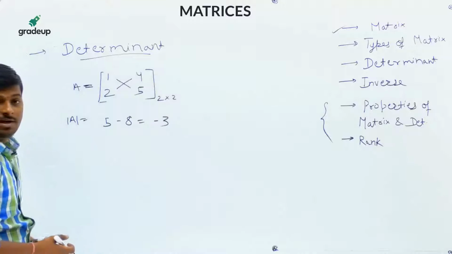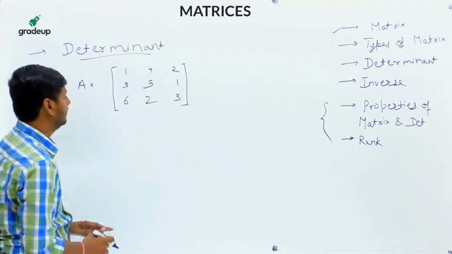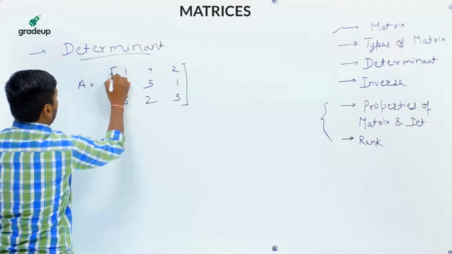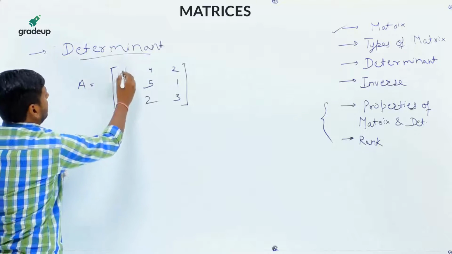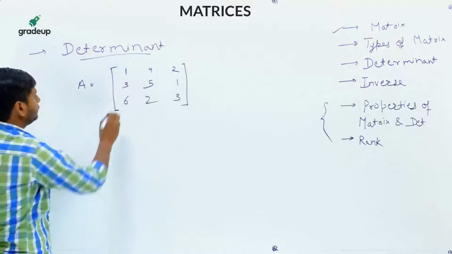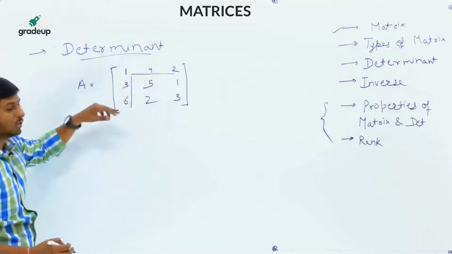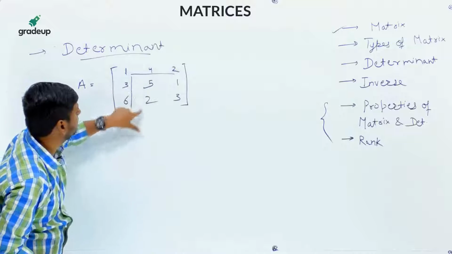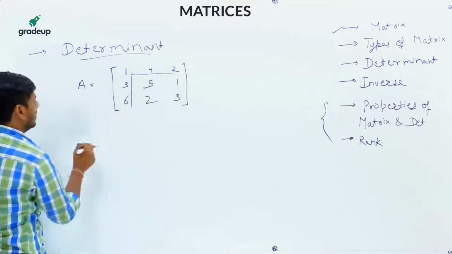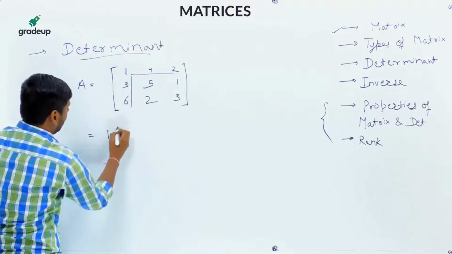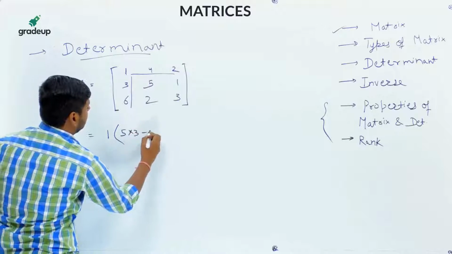Now suppose we have to find the determinant of a 3 cross 3 matrix. This is a 3 cross 3 matrix and we have to find the determinant of this matrix. So how to find the determinant? First we will take the first element of any row or column, suppose the first row. Then remove the first row and first column and take all other elements, this square matrix. Now determine the determinant of this matrix. So the formula is 1 multiplied by the determinant of this matrix, which is 5 into 3 minus 2 into 1